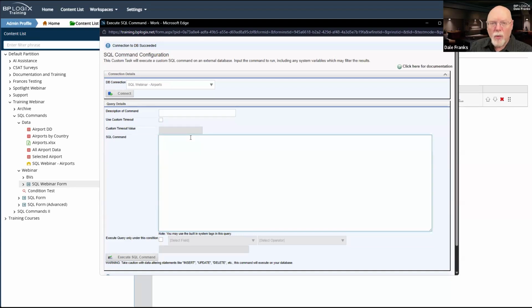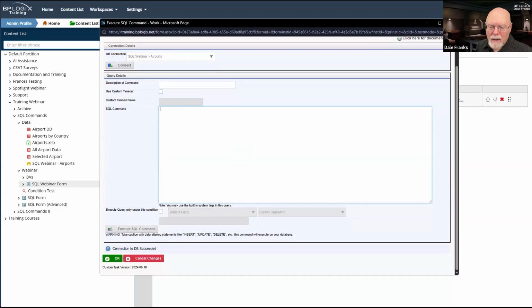So I never have to worry about it being inadvertently selected by a user who would otherwise, if it was in a business value, have access to that change command that I didn't have control over. This gives me full control over where and when the data can be changed in the database. So most of the data connection custom tasks have been superseded in Process Director.